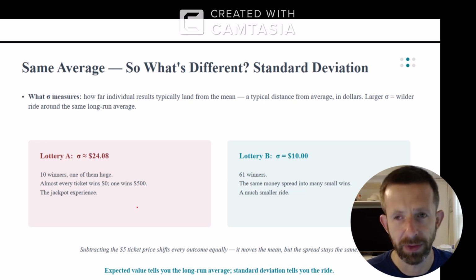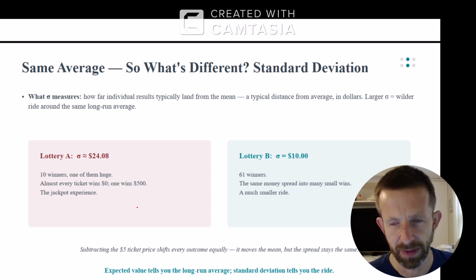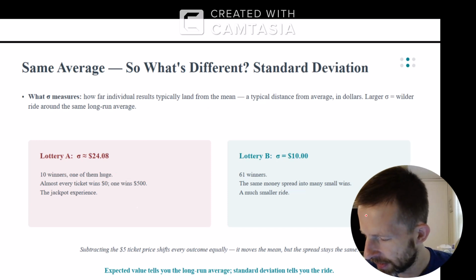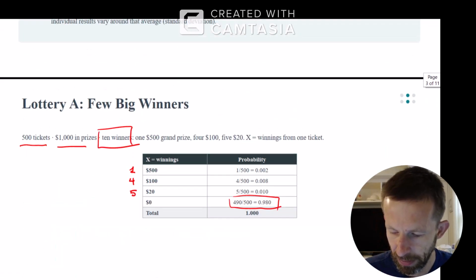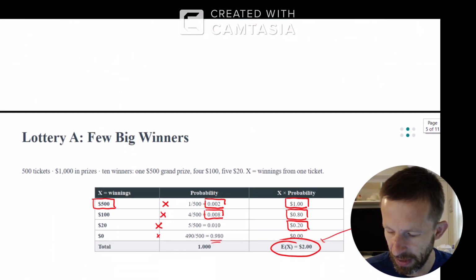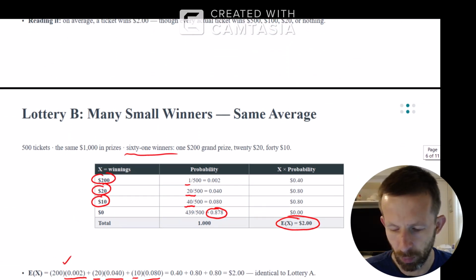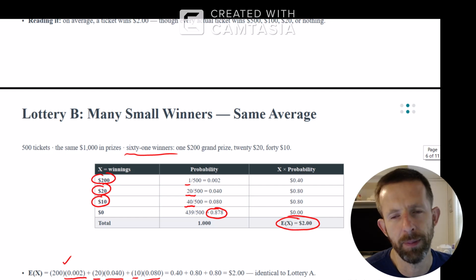So the question is, between the two lotteries, what's the difference? And the difference is standard deviation. In Lottery A, the one that only has 10 winners, it's super top heavy. It's got a significantly higher standard deviation than the one where you've got 61 winners. So basically more winners, but